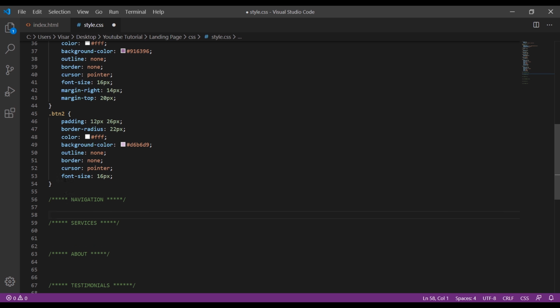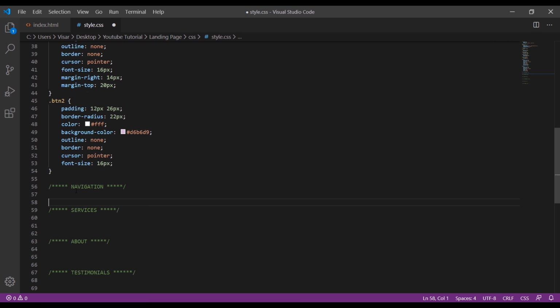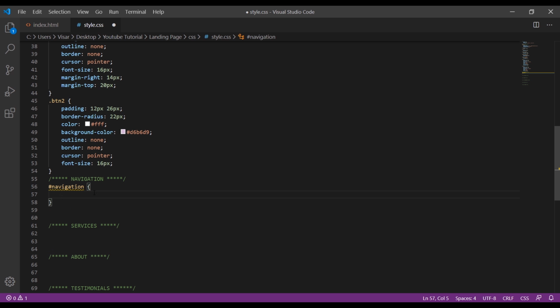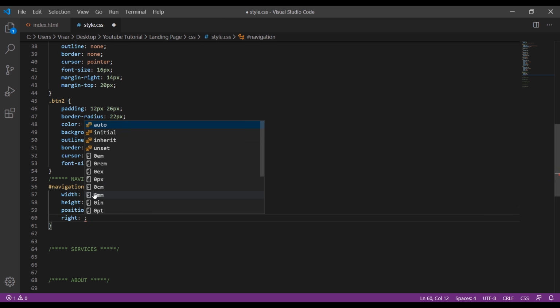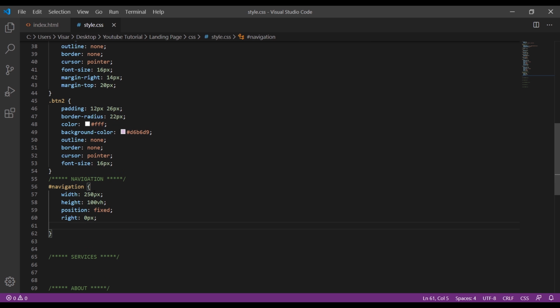Navigation. So target the navigation ID. And let's give a width of 250 pixels, the height of 100 VH. So we give position of fixed, the right will be 0 for the moment, but then we're going to change. Top will be 0,